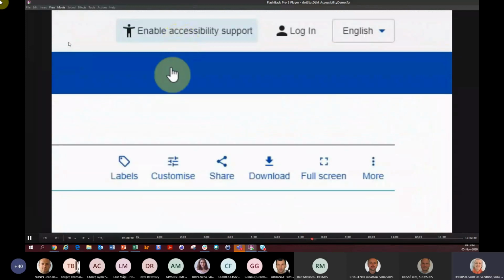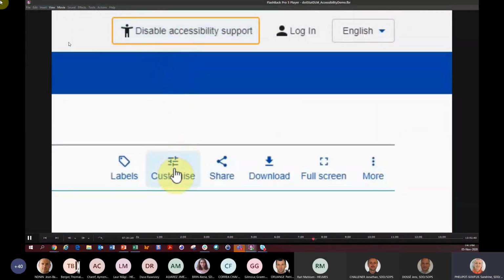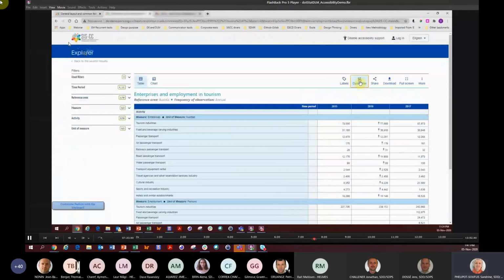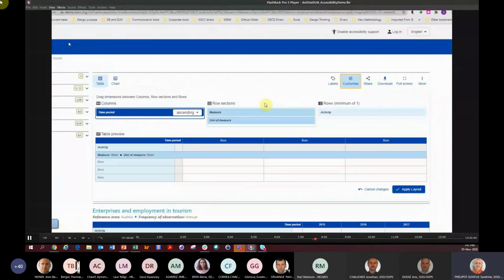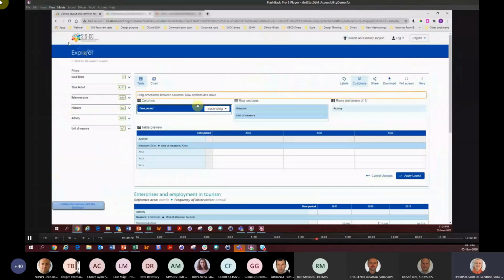So now, on the accessibility mode, the customized action box is quite different because we use another library. And you see that the columns, the row section and rows are aligned to the usage of the keyboard, because the library used is also made like this. So when you want to select an element, you have to press the space bar, and like this, the element you selected in one of the area